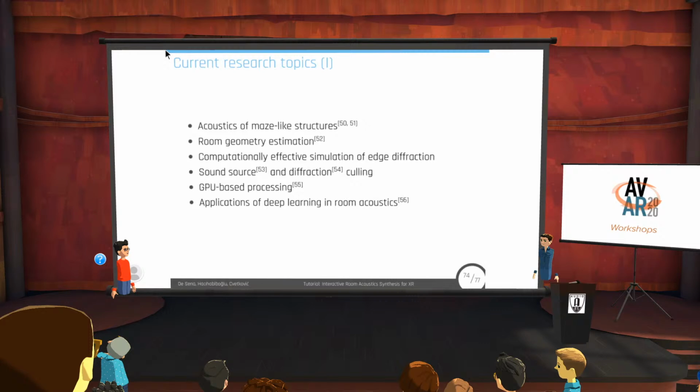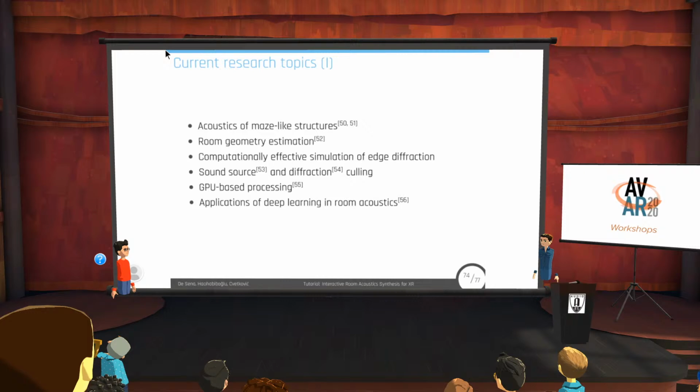One area which is particularly interesting is modeling and auralizing acoustics of maze-like structures. It is not only for immersive systems like this one, but for 3D games as well, especially first-person shooters. You would need to emulate acoustics of maze-like structures. Then room geometry estimation is another relevant topic. Computationally effective simulation of edge diffraction is also of interest,